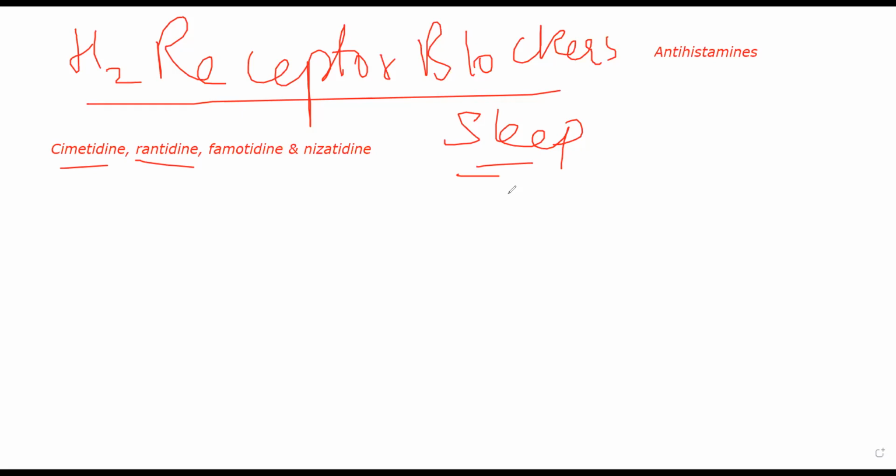Okay, acid production stays high after you have eaten your food, your digestive system will become very active, and there's a lot of production of acid at that time as well. So whatever leftover acid is present, hyperacidity especially, can be countered, and you will not have the side effect that the patient is sleeping during the day. Okay, especially you will ask them not to use heavy machinery and things like that when they are on H2 blockers. Now if we talk about the mechanism of action of these drugs,